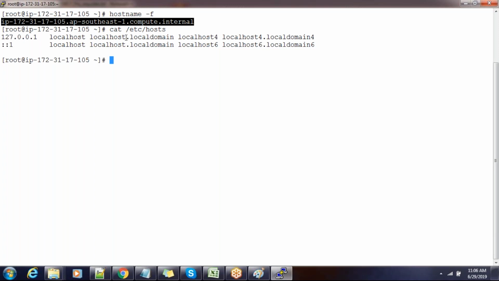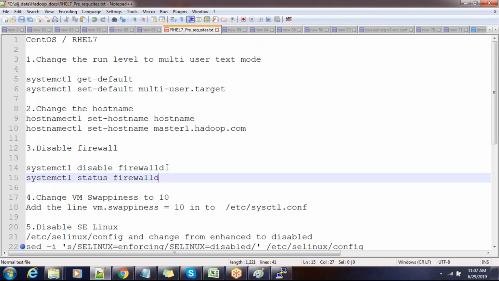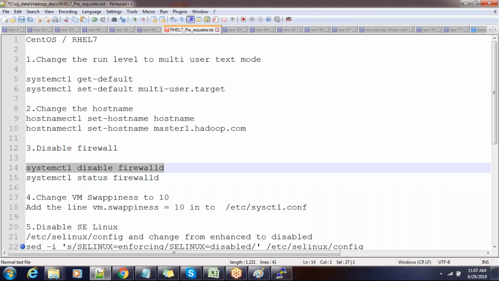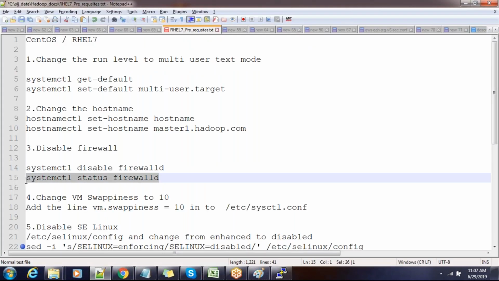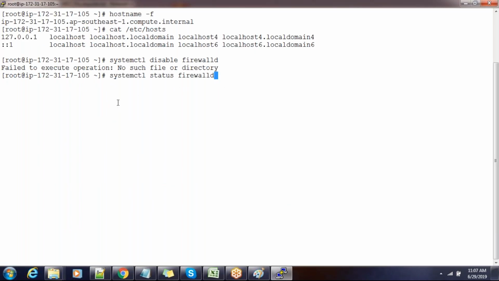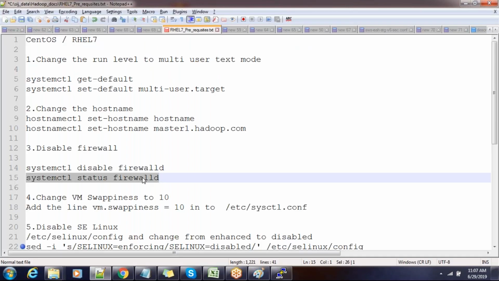In a larger enterprise, there will be a separate firewall team managing the firewall. Otherwise, if you are doing it locally, you can just disable or stop the firewall itself, but this is not a recommended option. The best way is to open the firewall ports we need and keep the remaining as they are. Disabling is just a shortcut, as it means the entire firewall service will be disabled. But for this instance, I don't even have a firewall installed, so that is fine.